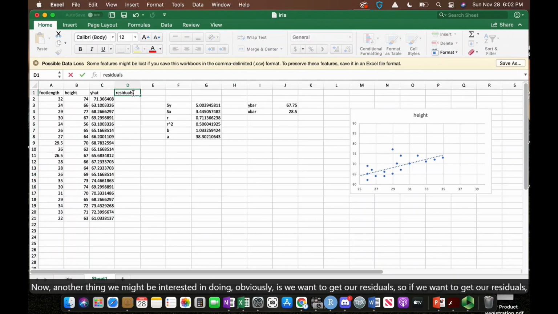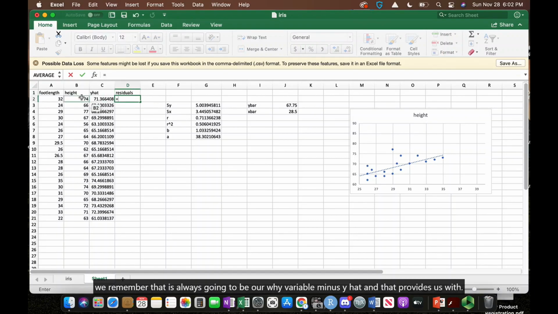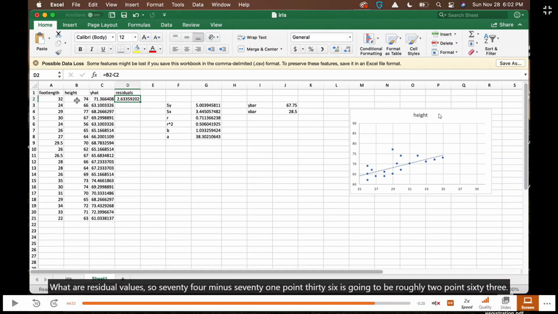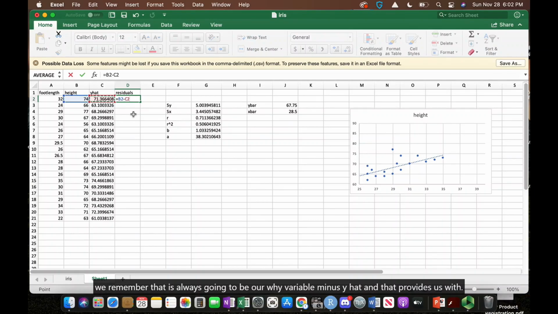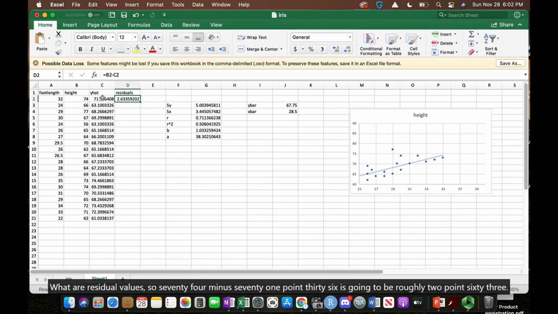Now, another thing we might be interested in doing, obviously, is getting our residuals. If we want to get our residuals, we remember that is always going to be our y variable minus y hat. And that provides us with what our residual value is. So 74 minus 71.36 is going to be roughly